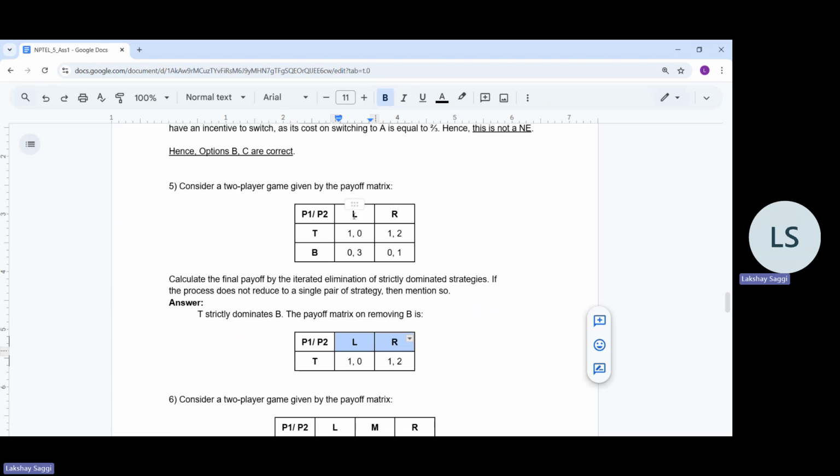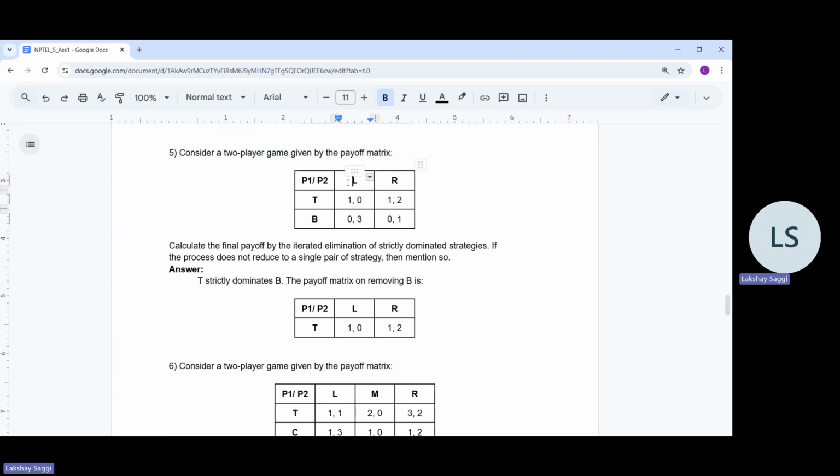So note that initially, between strategy L and R, there was no one strategy which was dominating the other. But it may be the case that in the reduced payoff matrix, a strategy now starts dominating the other strategy. And this is what we mean by the iterated elimination of strictly dominated strategies. This is very important, guys: it may be possible that between two strategies, one strategy may not strictly dominate the other initially, but after eliminating some strategies, it actually starts to dominate, as will be the case here. As you can see, there is strategy L and strategy R, and there is only one strategy for the row player. The payoff for the column player on playing L is 0 and on playing R is 2. And since 2 is greater than 0,